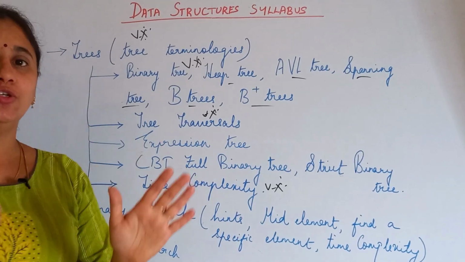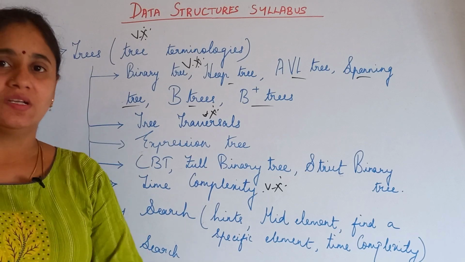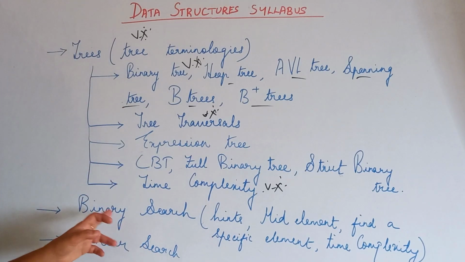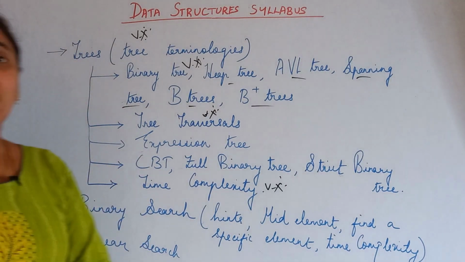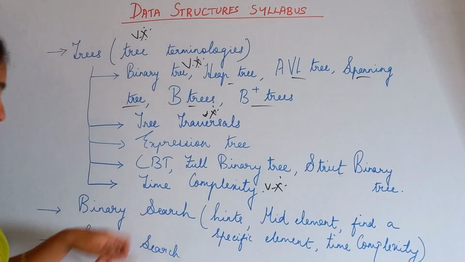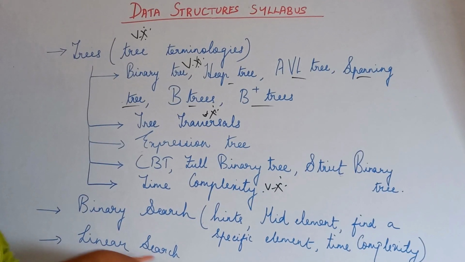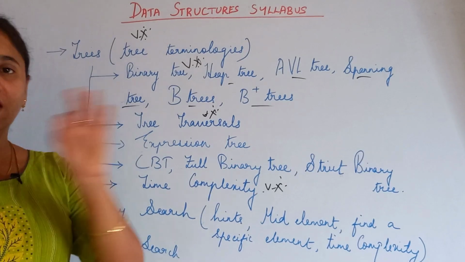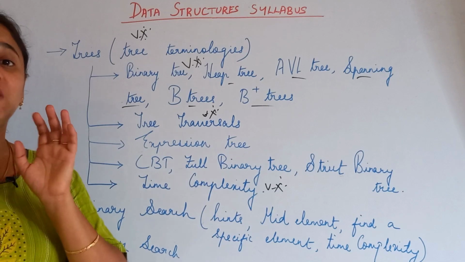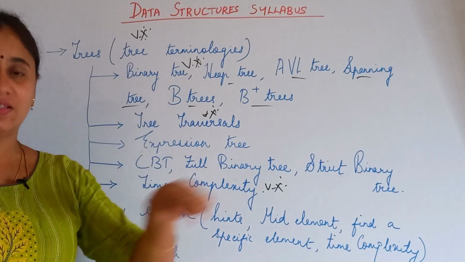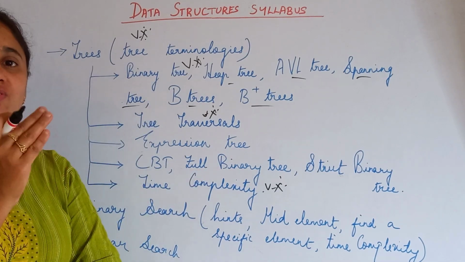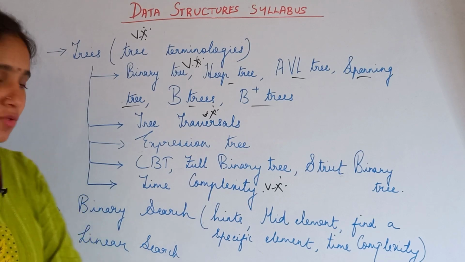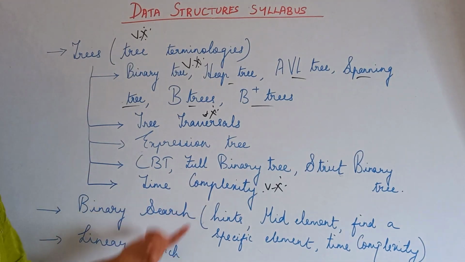Okay, I will explain and then you can remember it, right friends? So next is searching. Under searching, you have two types, that is binary search and linear search. That is, in what way we are going to search the elements in memory. Suppose the elements are implemented in an array data structure, how are we going to search those elements? That is what we are going to discuss here.